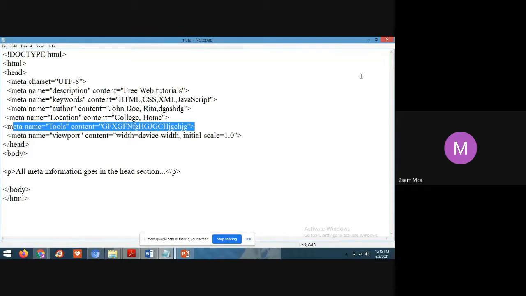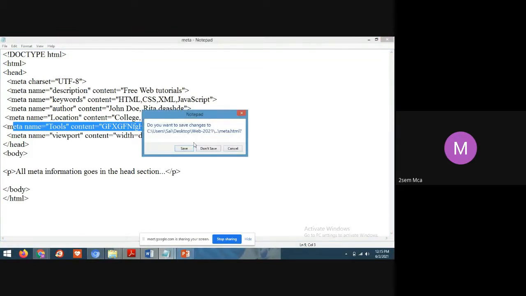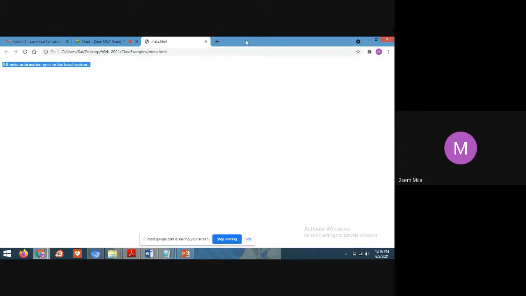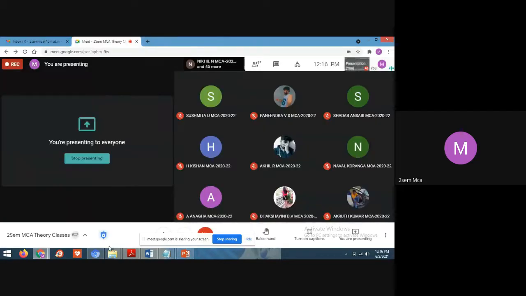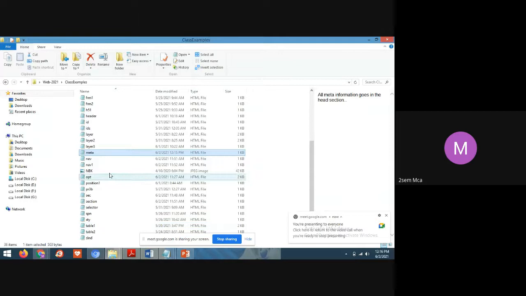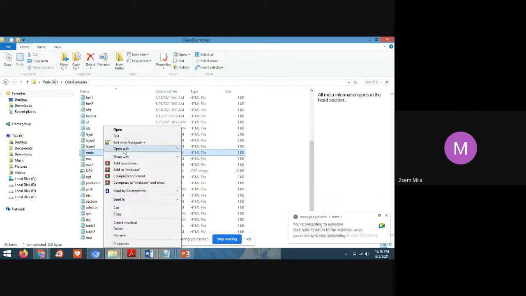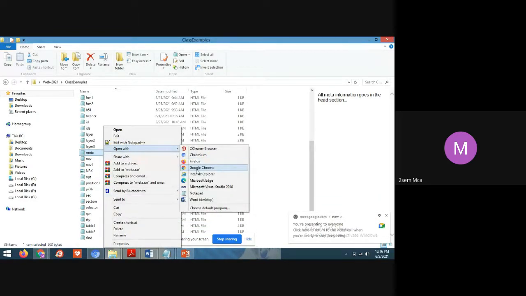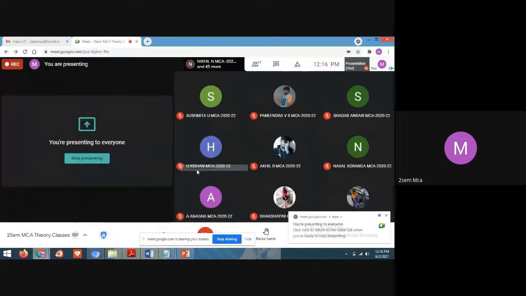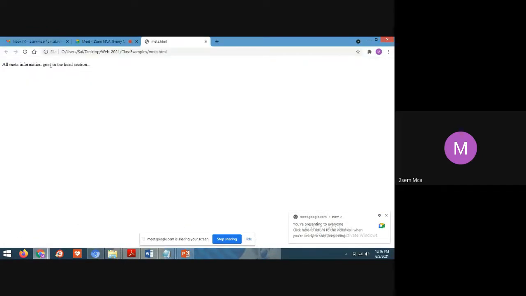Next, I will explain the navigation tag. I'll run it, students, so that once again you can see the output. Just now I have made some changes, so the output should be only the paragraph tag. Even after adding so many meta tags in the program, the output is not changing. But in the source code, we get additional information about the location and the tools. Any information you want to add, you can add.